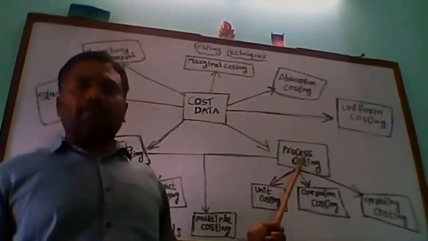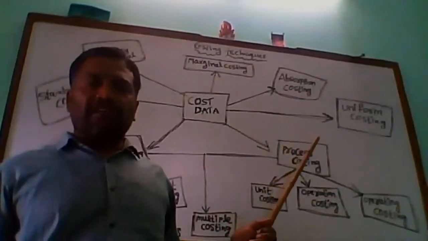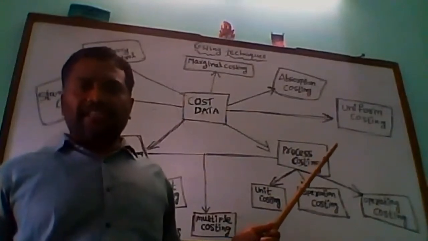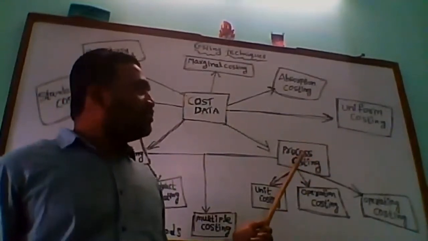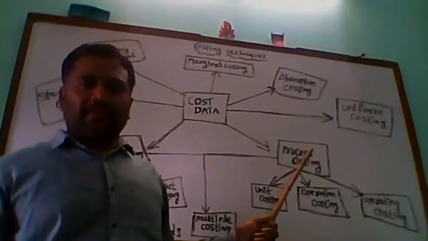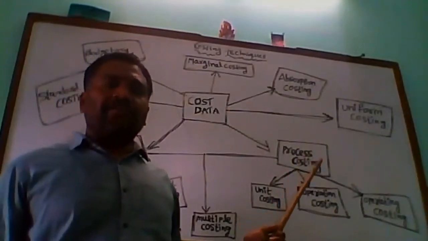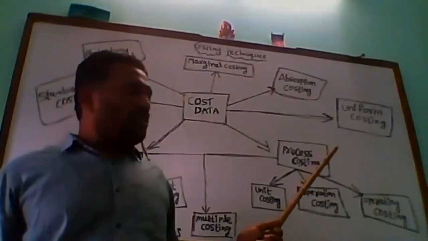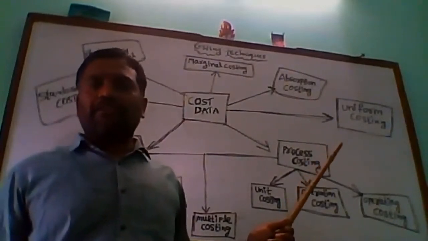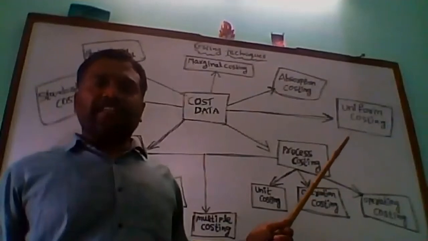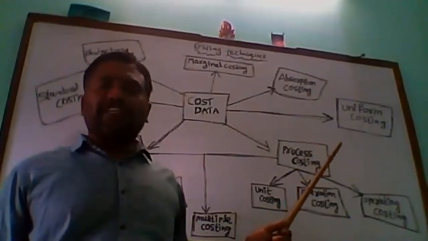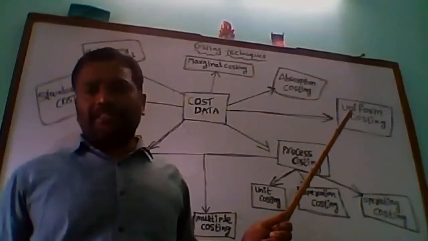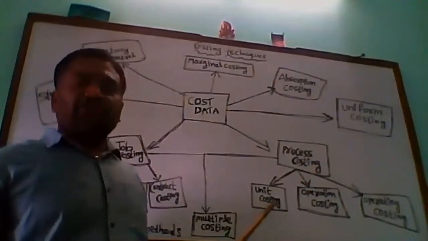Normally process costing is used in sugar industries, rubber industries, and oil industries. There we learn the different processes: the expenses of the process we debit, and the output we get, we write the abnormal and normal losses on the credit side, and then the output is sent to the second process, and similarly finally we get the cost of the finished products.